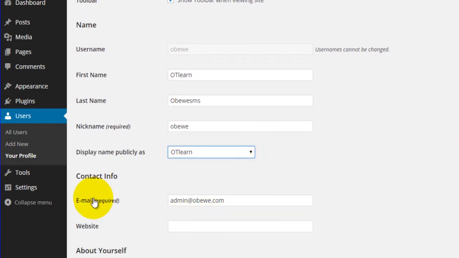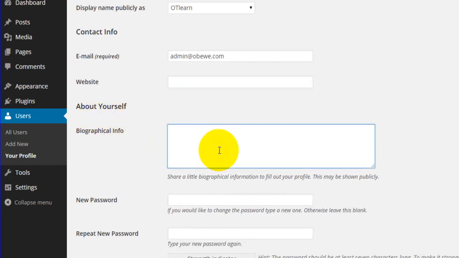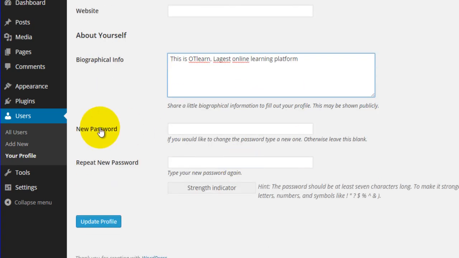So here is your admin email, and mine is admin@obewe.com. You can also add your website here, and here about yourself, your biography. You can write your biography here, just a brief text about you. Or just say this is OTLearn, the largest online learning platform. If you also want to change your password, because you don't like your current one,